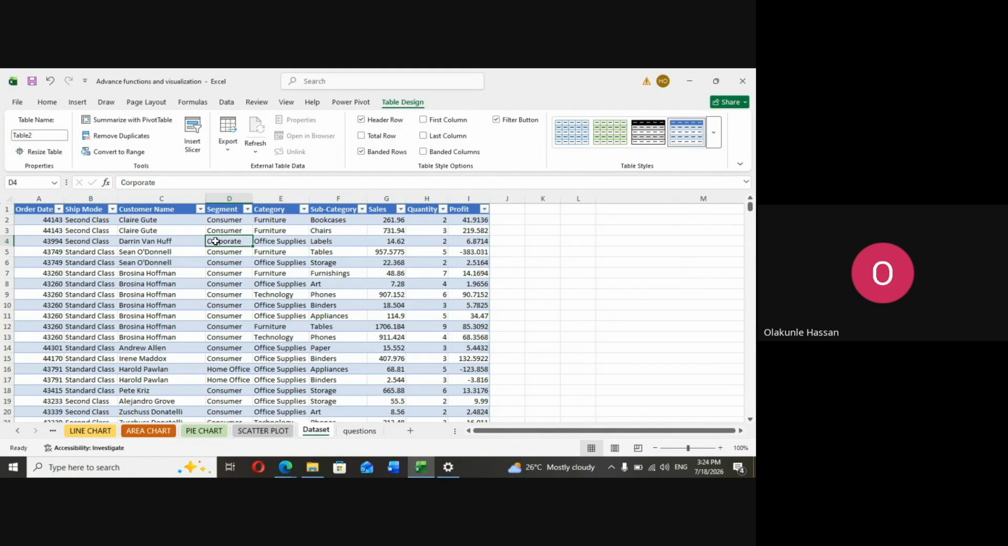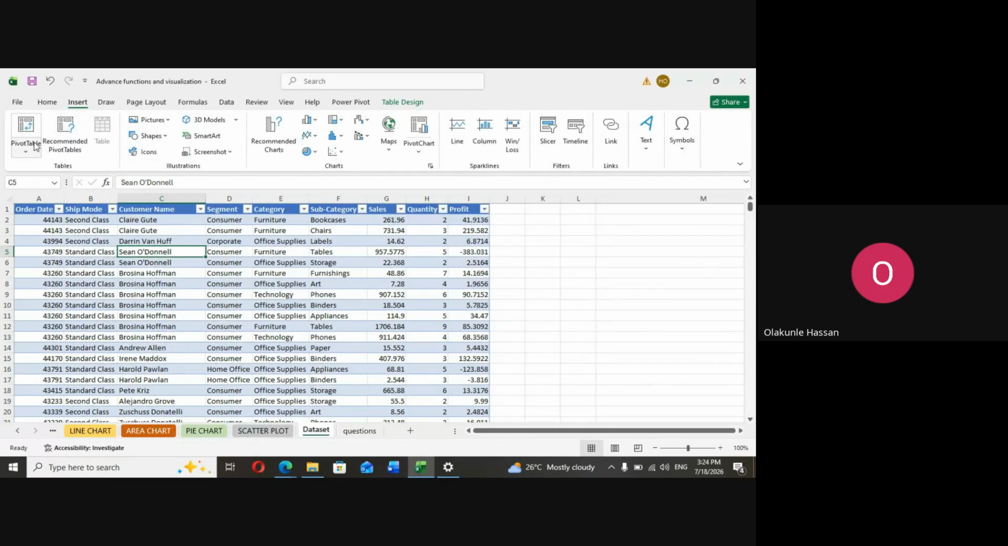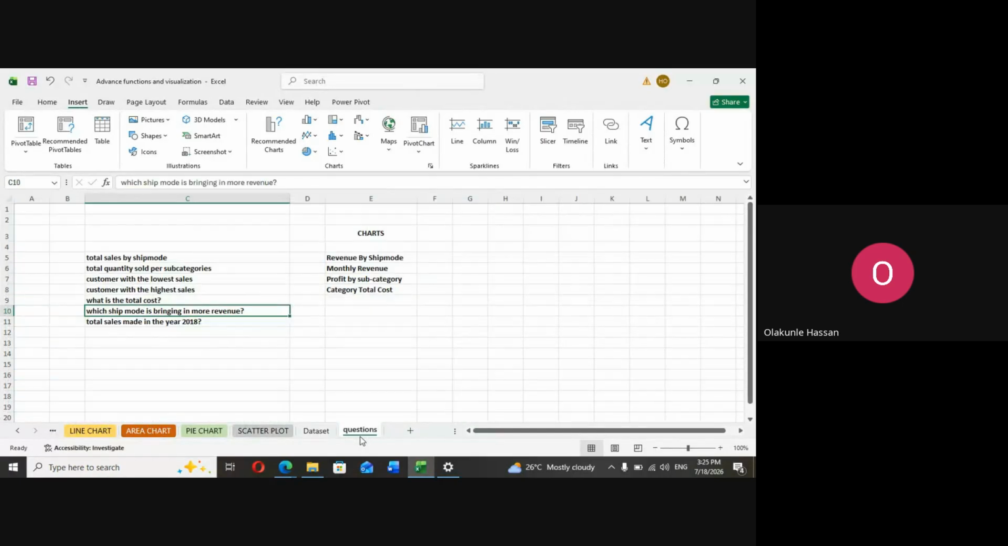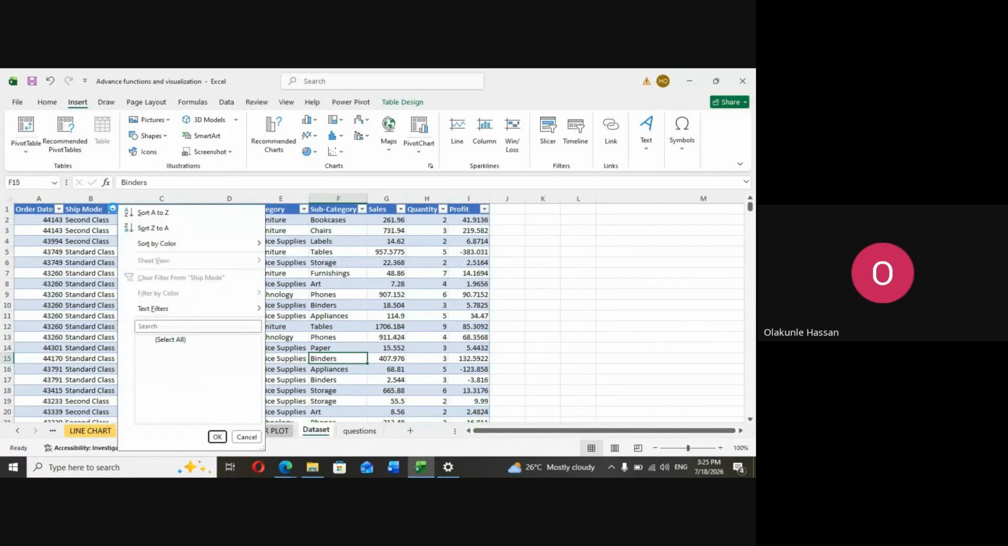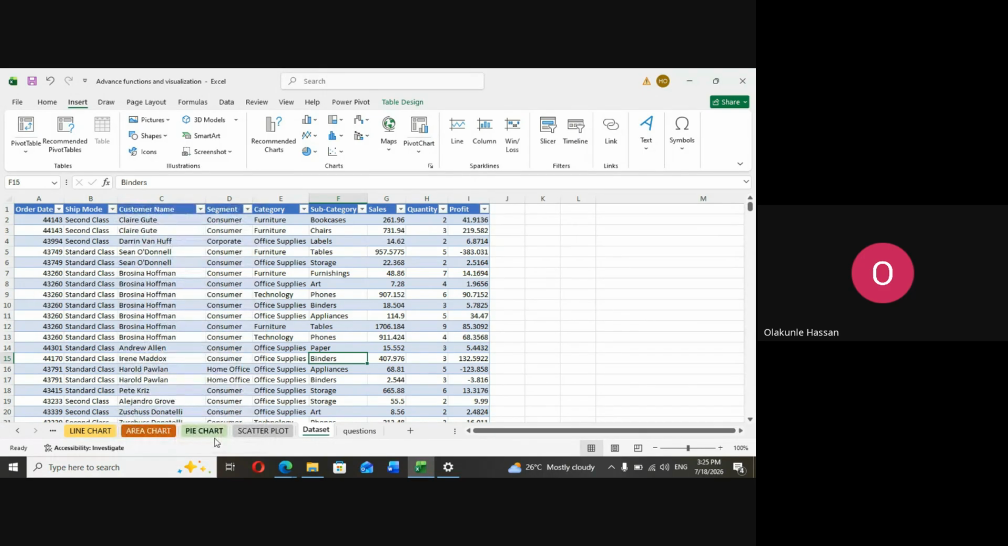So now I want to insert a pivot table. But first, let me do it with the method you are familiar with: total sales by ship mode. Where is my ship mode column? This is the ship mode column. You click on it. I have how many ship modes? 1, 2, 3, 4. So if I'm looking for total sales by ship mode, I have to use